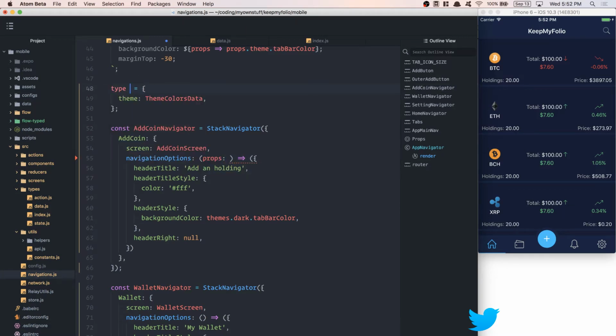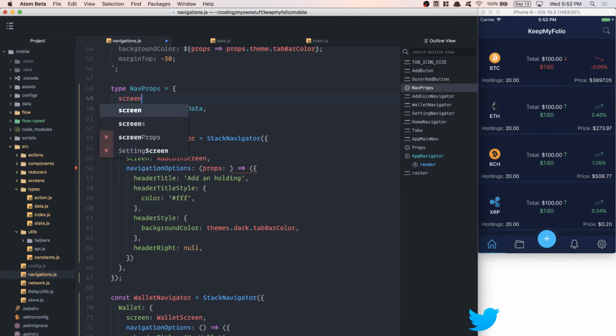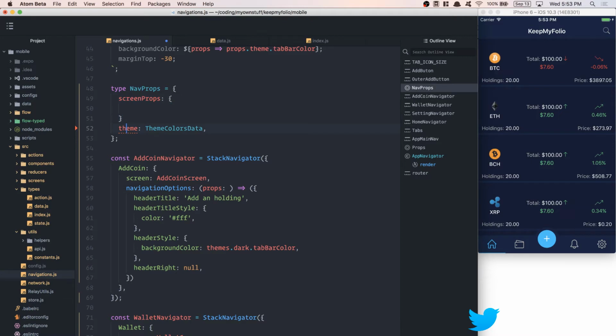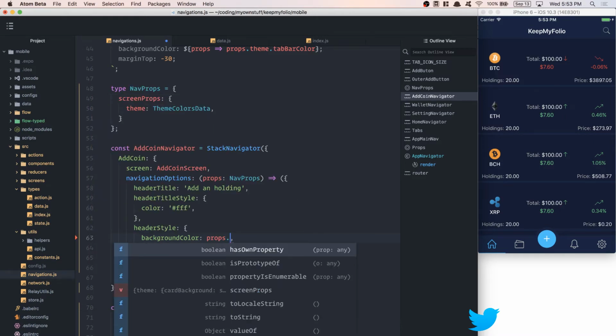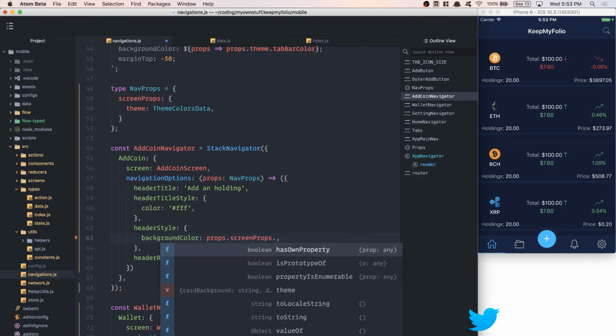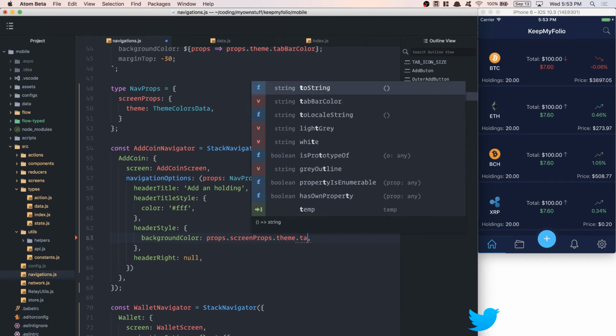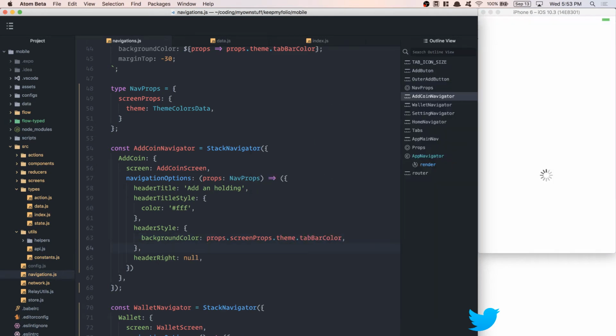I'm gonna say nav props, where I'm gonna have a screen props, where I'm gonna have the theme inside that. And now this thing is gonna be equal to props, like that. So now if everything is working,